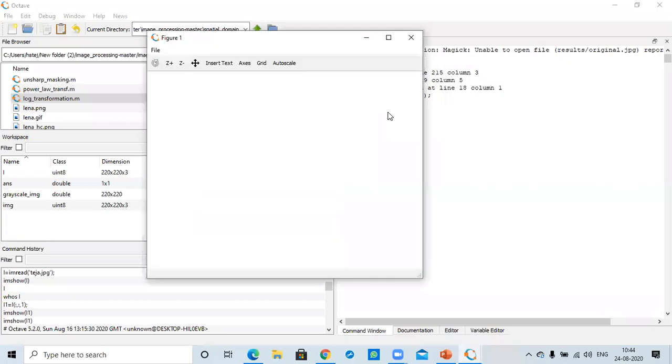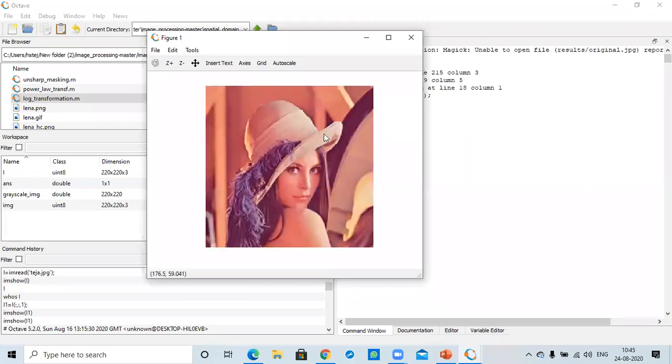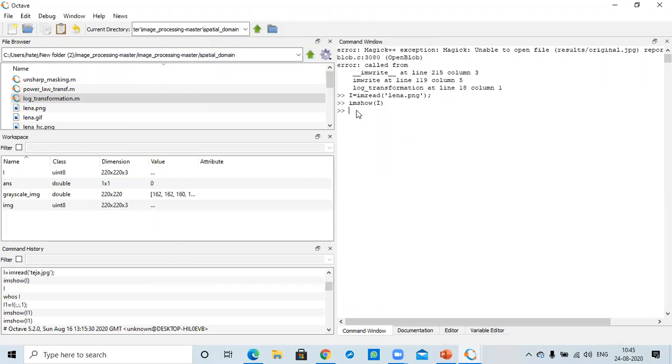This is a picture we have taken from the image processing textbook. One minute, it will take some time. Yes. In this we have so many different shades that we are going to utilize. That is the famous Lena example. Okay. Then I want to convert this first. Let me convert this to grayscale.